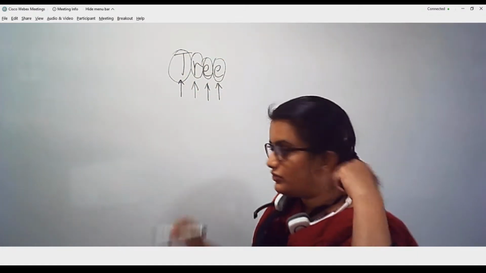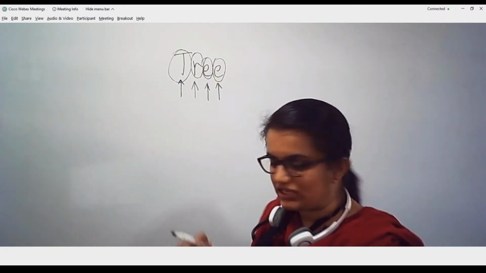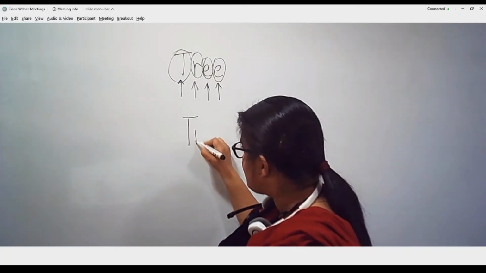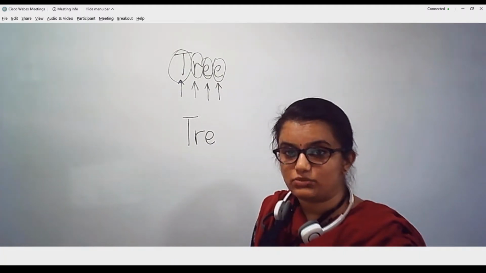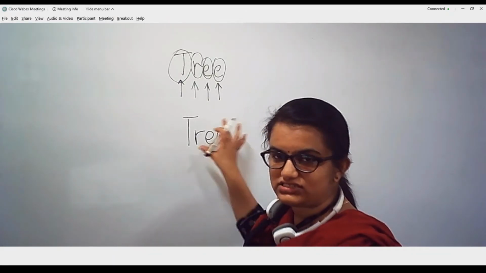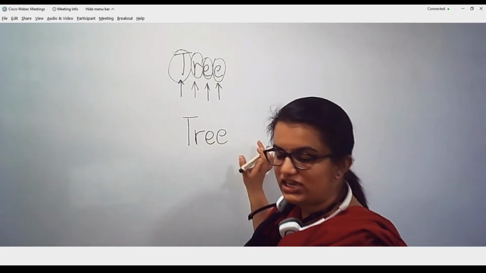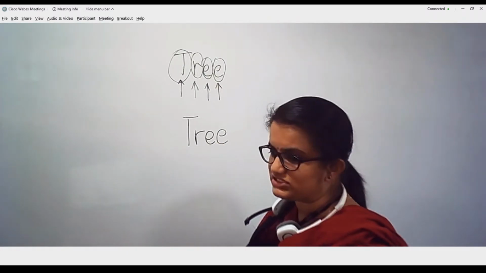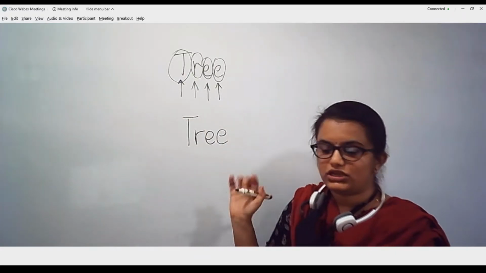But when they appear together one after the other, then it will have less random nature. That means when the T appears, it is random in nature. When R appears, it is quite predictable. When E appears, it is more predictable. And another E appears, then your message is complete, and this contains the information. So as and when we go on building the message, it is going to be more predictable than random. So here, though it is a random process, we are going to have a certain model.